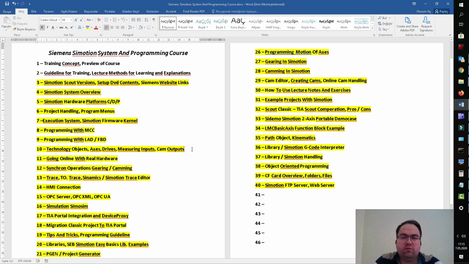Unfortunately, these days I'm sorry I couldn't show you any drive or motor in real hardware, a rotating motor. Due to Corona days, it is risky to go outside. So at my house there is only a CPU, unfortunately, but you are able to run your programs with SimoSim. So you don't need real hardware. And that's it for this chapter, and see you next time.